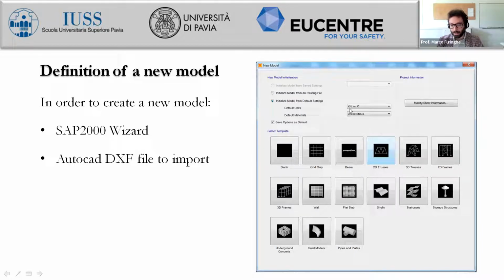Otherwise, you see that you can change units here, but if you change the units here and you have not changed them before, then whenever you reopen your model, you will have to change them again. You have to change units back to what you guessed at the beginning. There is another opportunity within the software, which is actually to create a new model according to an AutoCAD DXF